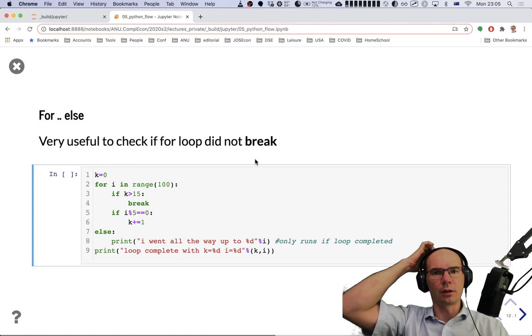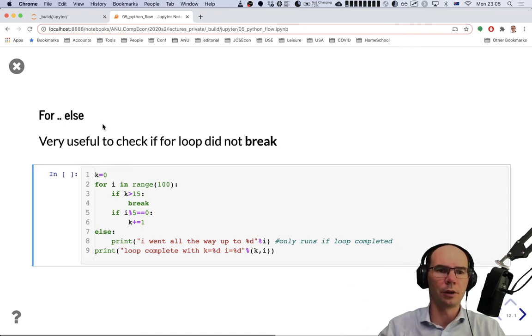A very interesting use of the operator else for loops allows us to check how the loop was finished. So in this example, we initialize k with 0, and then i is going to be going through the range of values from 0 to 99. Now, if i is divisible by 5, then we will increment k by 1. And as soon as k gets up to 15, then the operator break will take us out of this